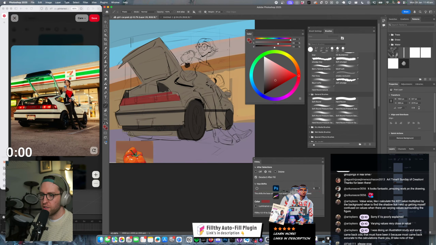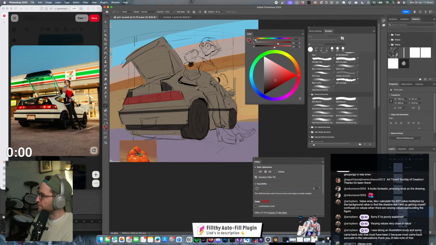It is nice working with some more geometric forms. Alright, so these lights are going to be a little bit more on the saturated side.